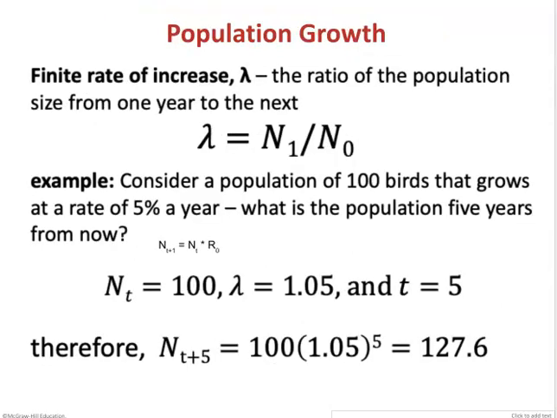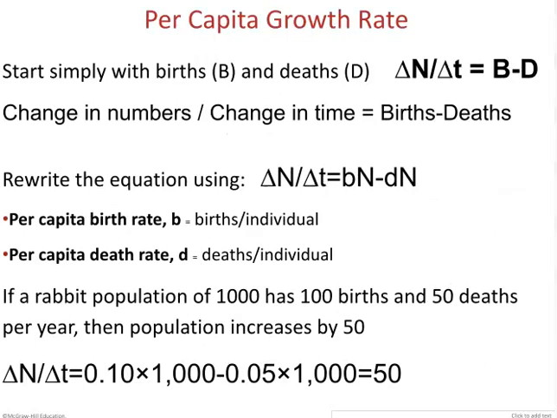So population growth with regard to the finite example shows that this is increasing, and we can determine at what rate. We do know that N(t+1) equals N1 times the rate, R sub 0, right? Per capita growth rate is simply the number of births and deaths. So the change in number of population over the change in time will equal the number of births minus the number of deaths. So we can rewrite the